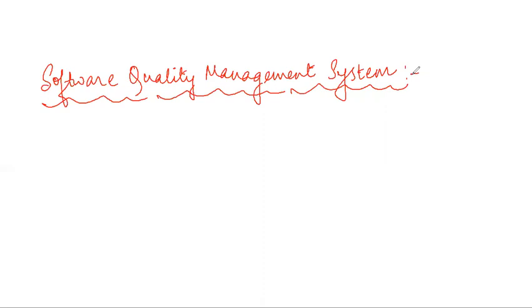Only the project manager cannot by himself determine whether my quality will be good or not. If the entire team doesn't ensure that whatever I am giving is the best quality, that is, someone who is writing the code is doing his job well, someone who is testing the code is doing his job well, and someone who is managing the team is also doing his job well. So if each and every person doesn't contribute in maintaining the quality of the product they are developing in each and every step.